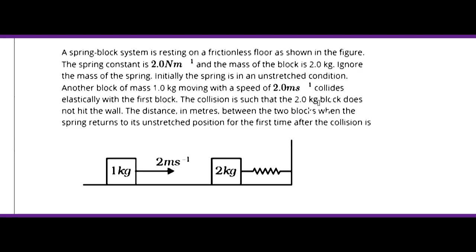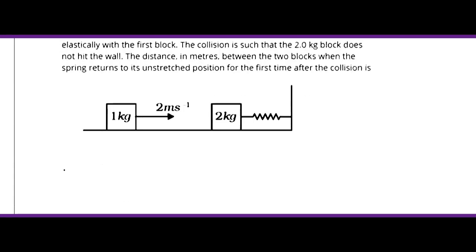The collision is such that the 2 kg block doesn't hit the wall, and the distance in meters between the two blocks when the spring returns to its unstressed position for the first time after collision is? So we have a 1 kg mass here and a 2 kg mass, 2 meter per second, and this is the spring constant here, the spring. So the solution of this question is,